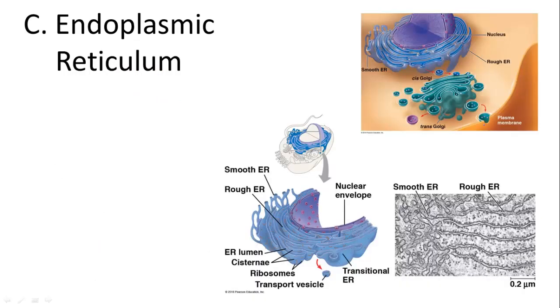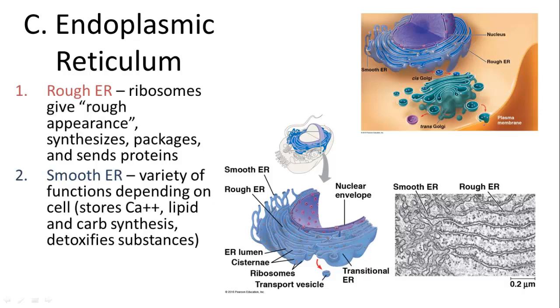The endoplasmic reticulum then is one of the members of the endomembrane system. You have two different types. Rough ER has ribosomes embedded within it, and this allows the ribosomes to make a protein, and then the endoplasmic reticulum can then package it with a membrane and send it somewhere else. Smooth endoplasmic reticulum doesn't have the ribosomes on it, but is still involved in packaging, accepting these packages, and making modifications to things as they are sent throughout them.